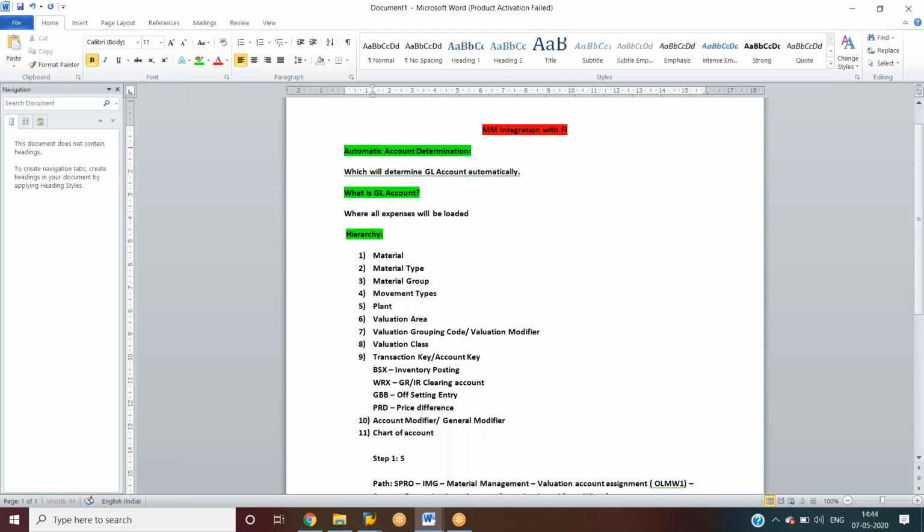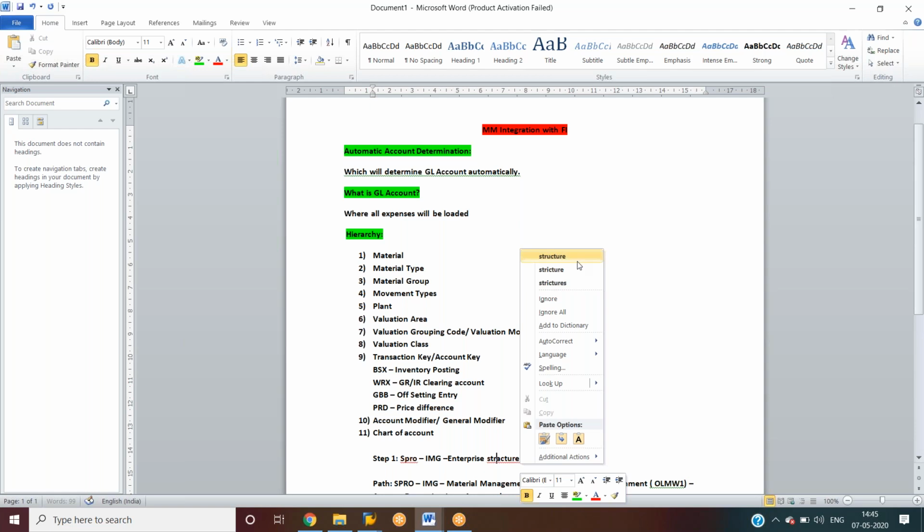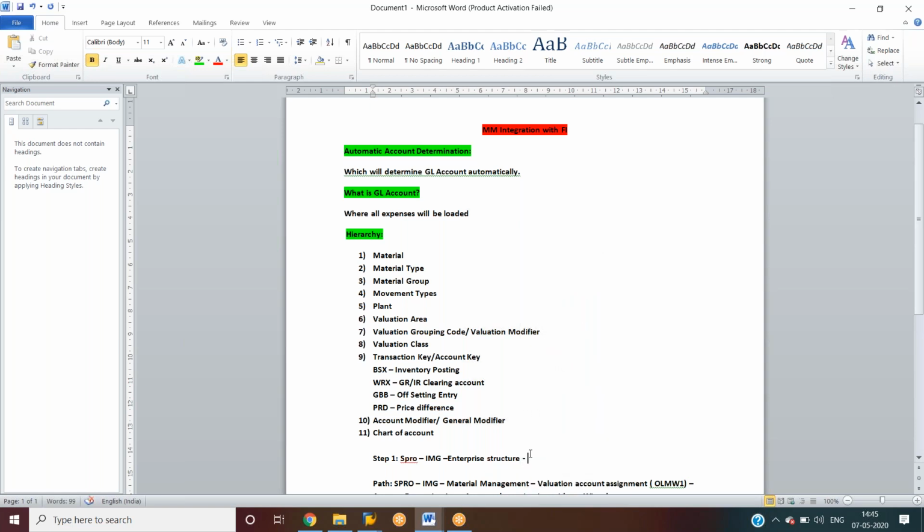Step 1: the path is SPRO, IMG, Enterprise Structure, Definition, Logistics General, and Define Valuation Level.